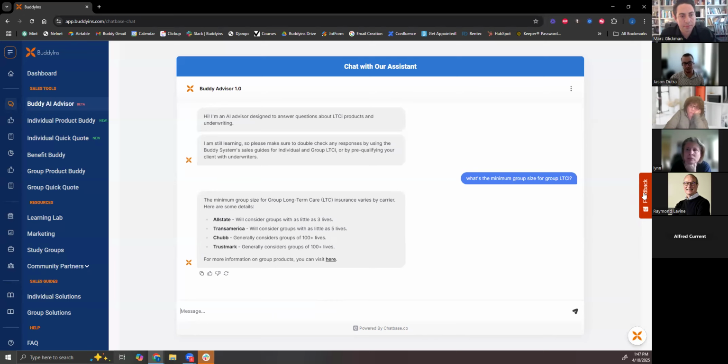And the more you submit feedback using this red button here, this is going to be very, very helpful to you in your day to day. If you're in a pinch and you only have 30 seconds to answer a question, you want to just get an idea before you go and do other research, this is a great place to start. And like I said, the more it gets used, the more it gets trained, the better it becomes. So I just wanted to give a quick review of that.